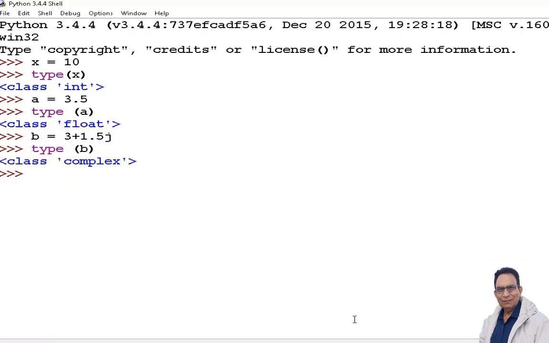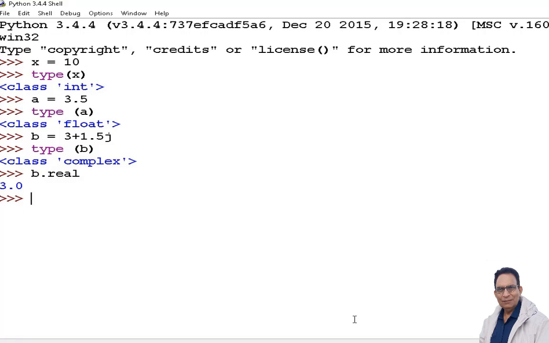So it says it is a complex number, meaning it has two parts. Let us see those two parts. There is a function, I write b.real, and I press enter. The real part gives me 3.0.